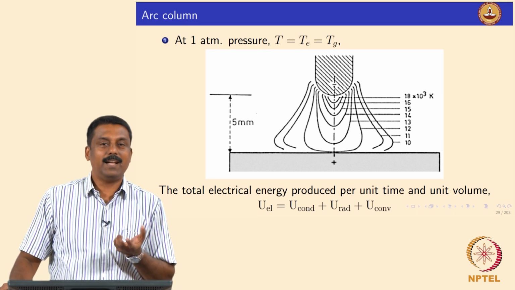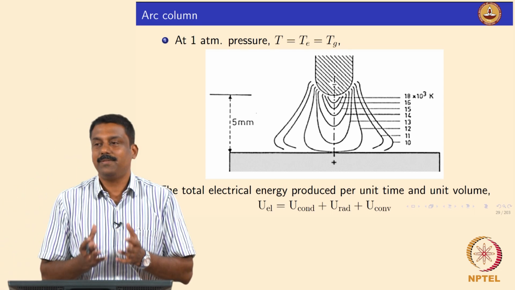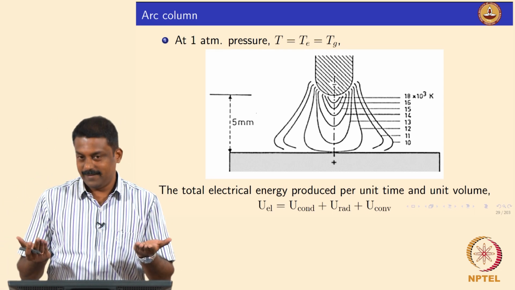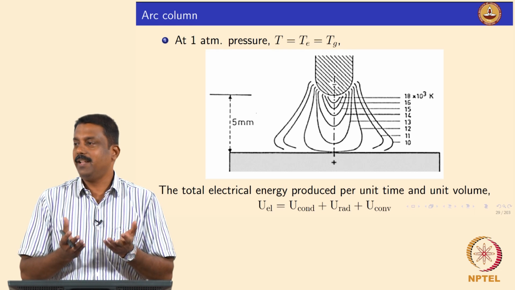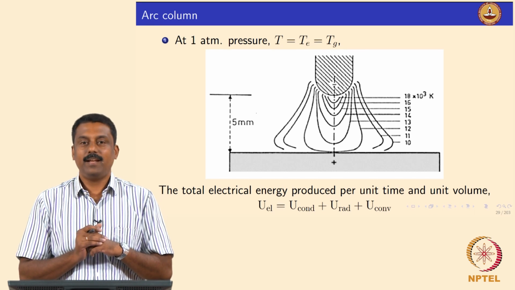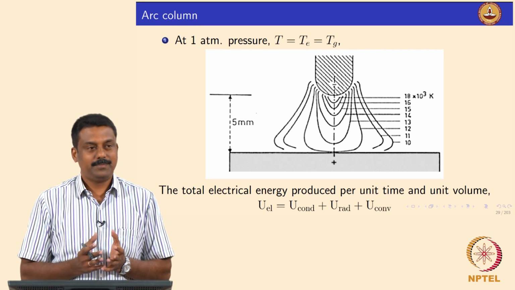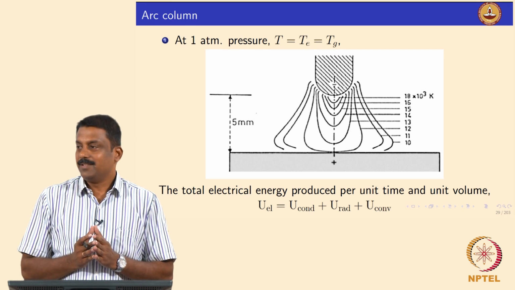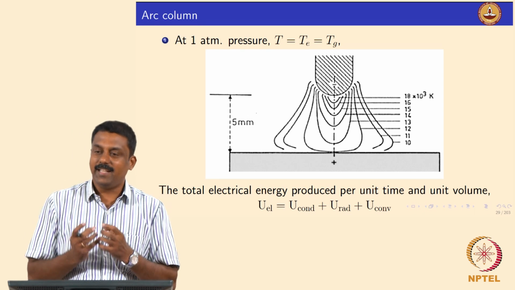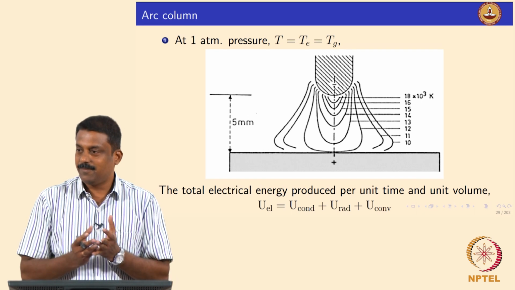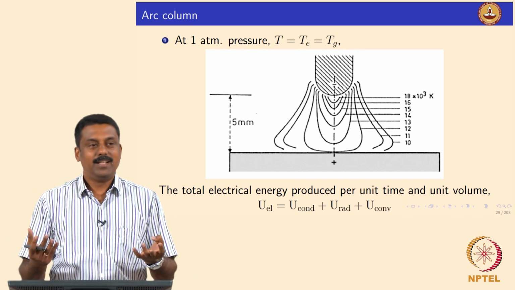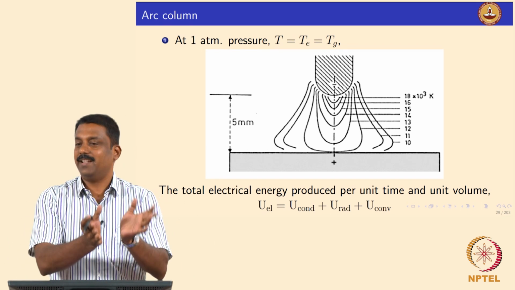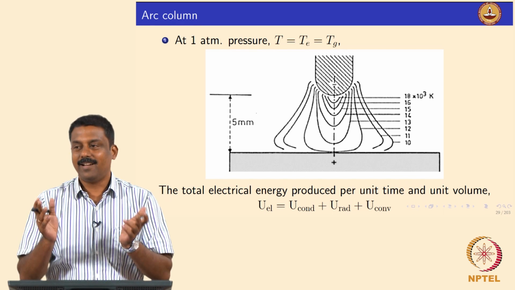So when you have energy there, obviously the energy is transferred in this case by 3 ways, right? By conduction, convection and radiation. So that's how the energy is spent. By looking at how the heat is conducted from the arc and how it is transferred by convection and radiation, we can also know how much energy is created in the system, but it's not that straightforward.